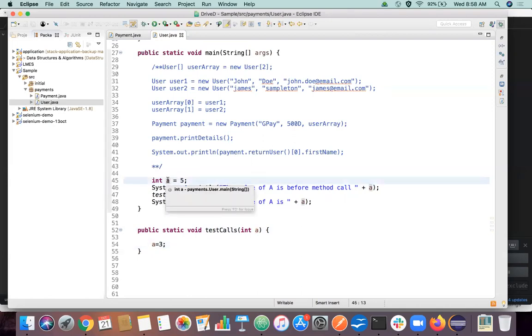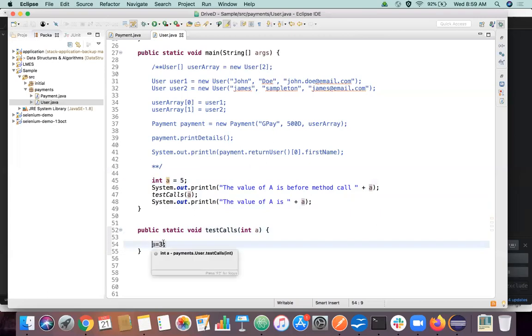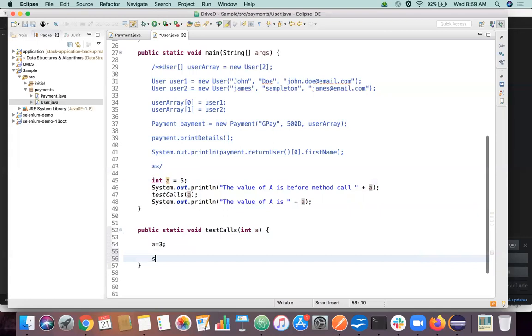So only we call this call by value. We're just calling this method by value. Whatever we change, this particular a doesn't have any impact over the calling side, right? Because we are just passing the value here, not the reference itself. What I mean by reference is that this a is not a reference here. Instead, it is just a value we are passing to this method argument. So whenever we change a value, it is going to affect only inside this particular method. For example, if you try to print the a here, then it will come as 3, right?